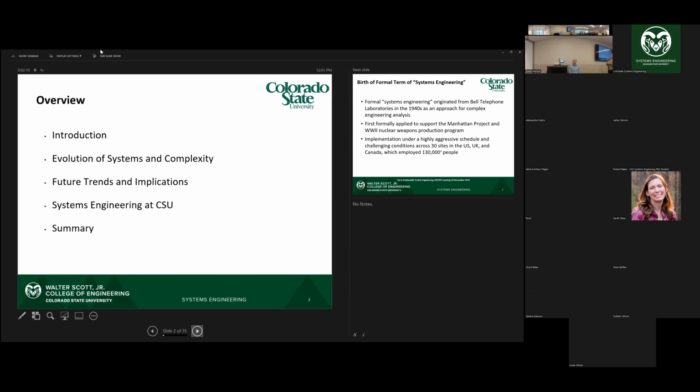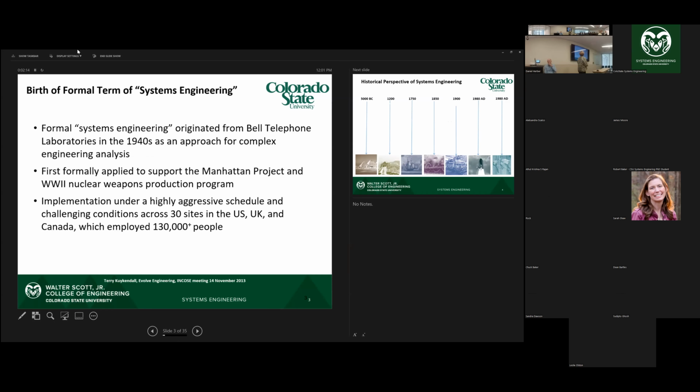Okay. And so the birth of systems engineering. Formal engineering really started, as far as a quote systems engineering, with the Bell Labs back in the 1940s when they were doing some missile work and some other kinds of things. The first formally applied systems engineering was supposed to be the Manhattan Project, which most of you know is the project that was used to build the U.S. atomic bomb. And then everybody actually started using it. It had been started using in the UK, and the UK is quite good at this.